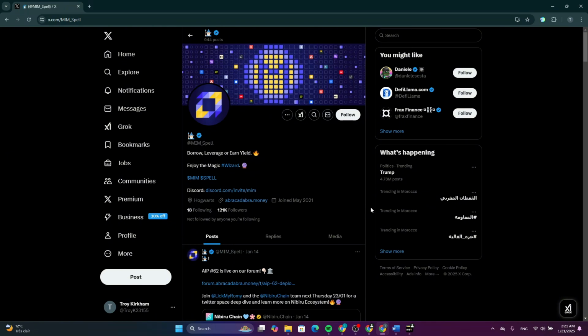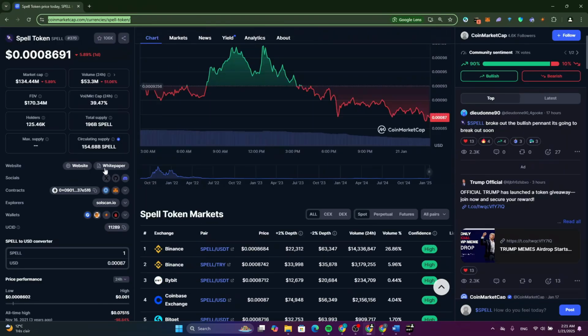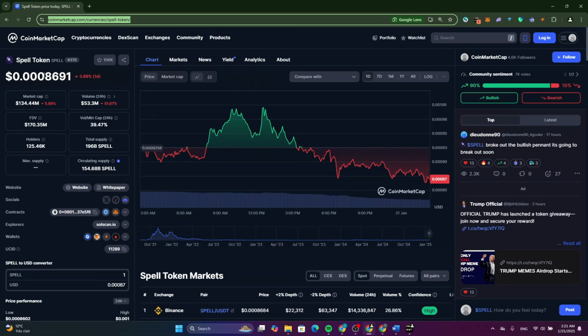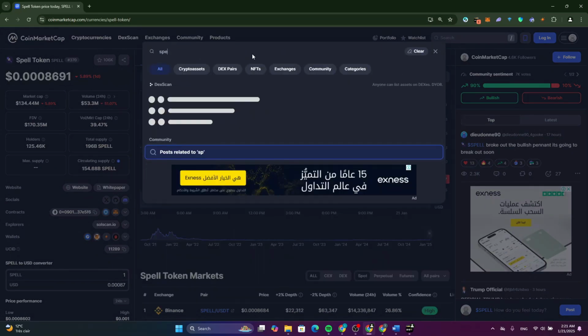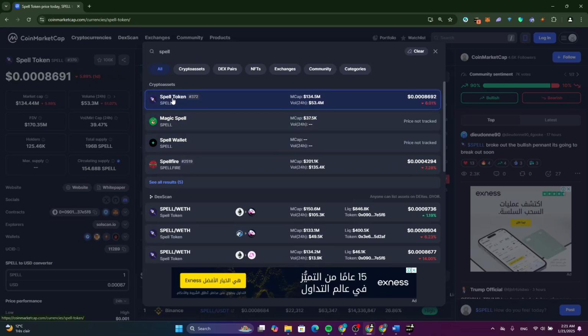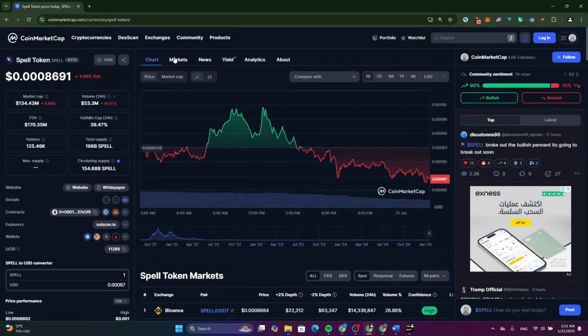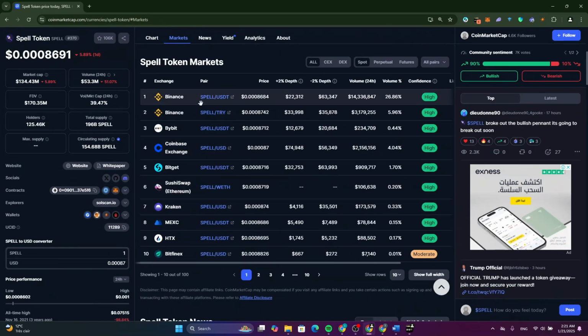about their token. So this token, as you can see, is available on CoinMarketCap. Go and find this token there. Now just click on search here and type spell, as you can see. So this is our token. Now click on it. After that, click on markets here